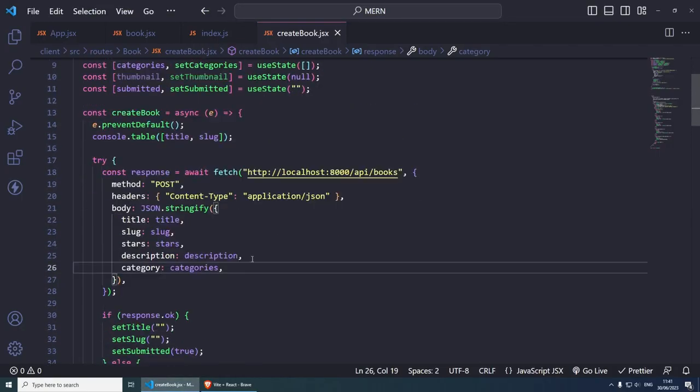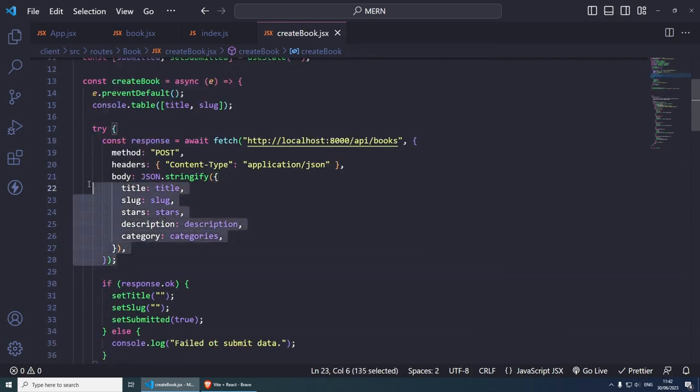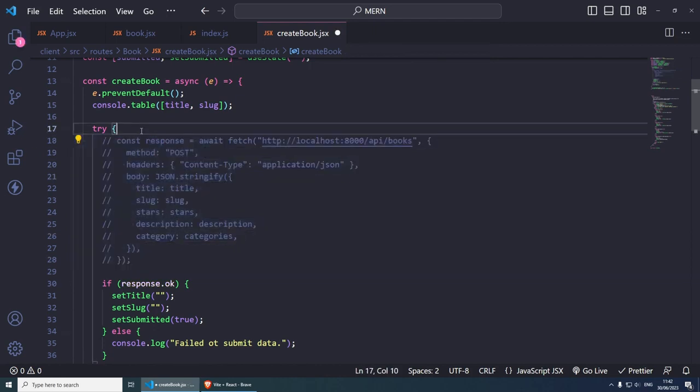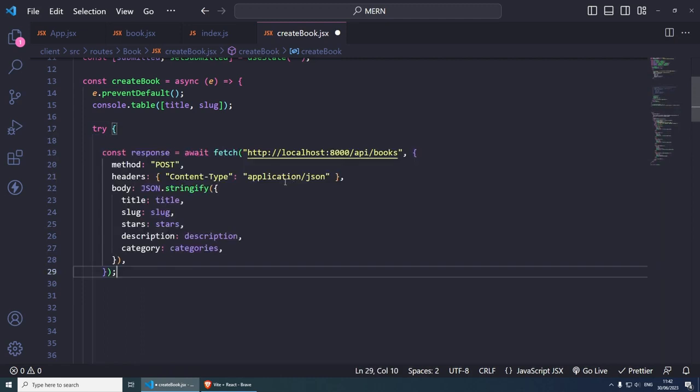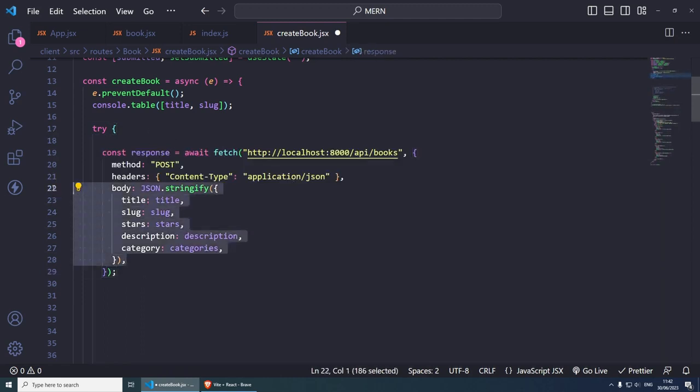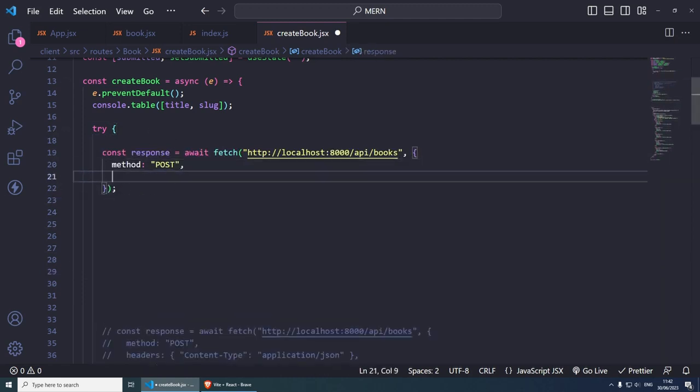But the reason I showed you this is because in most cases, this is what you're going to do. In this case, where we're going to browse the image, we have to do something else. How should I do this? I'm going to copy this and save it here so you can have it. Now I'm going to do exactly the same thing, but remove the body and the headers. And in fact, the body